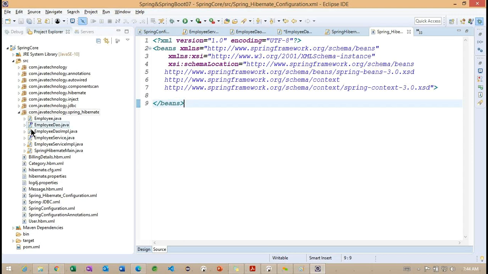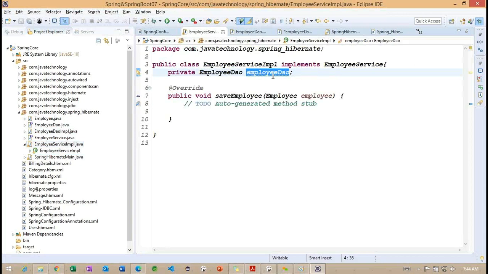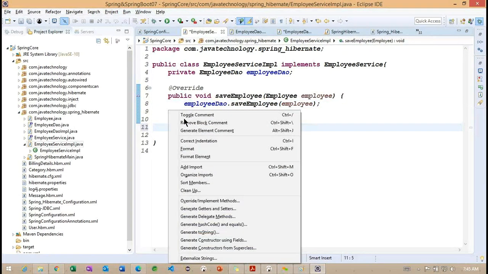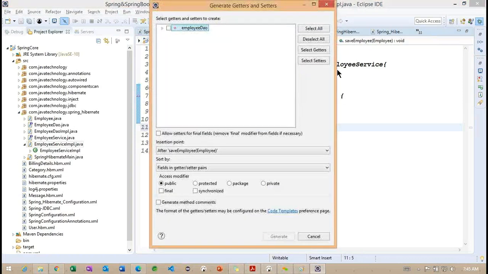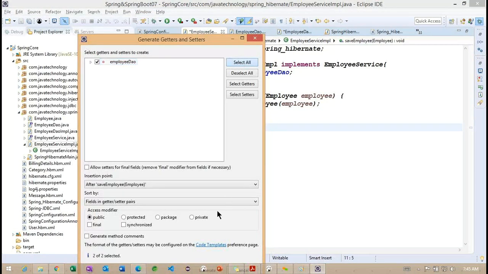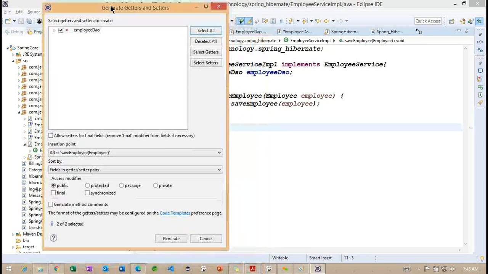So basically, go to this particular service IMPL. Inside this service IMPL, we have one property. What is the property we are trying to work with here? Something called employee DAO. Here I want to generate a setter method for this employee DAO.